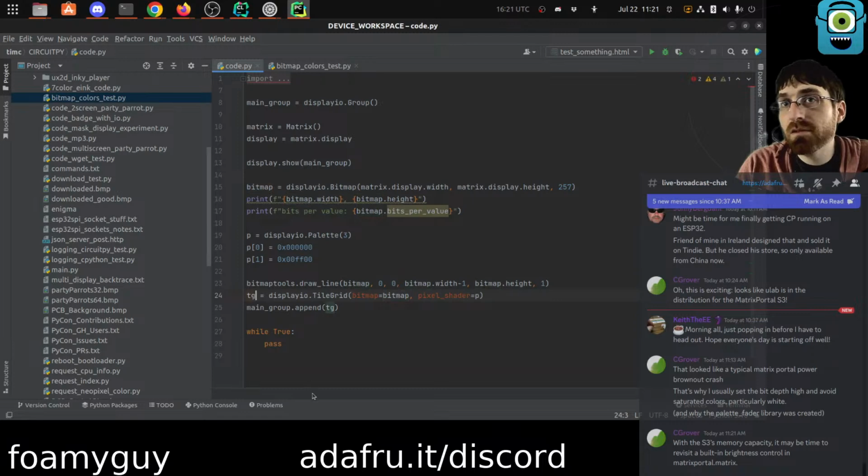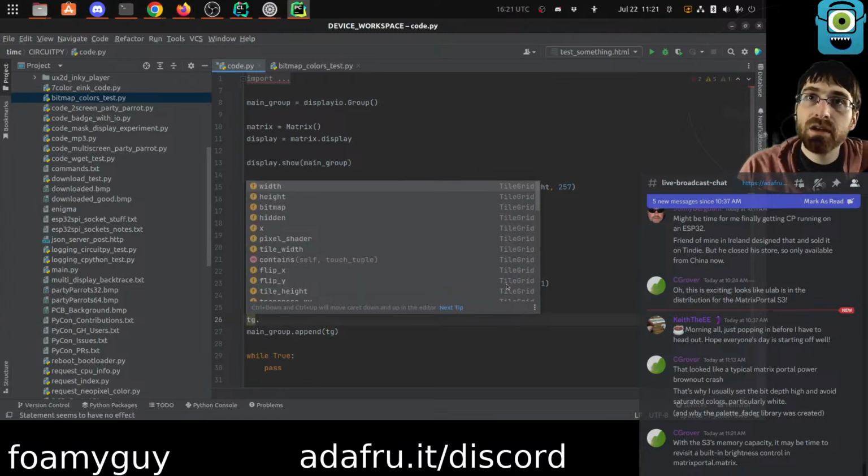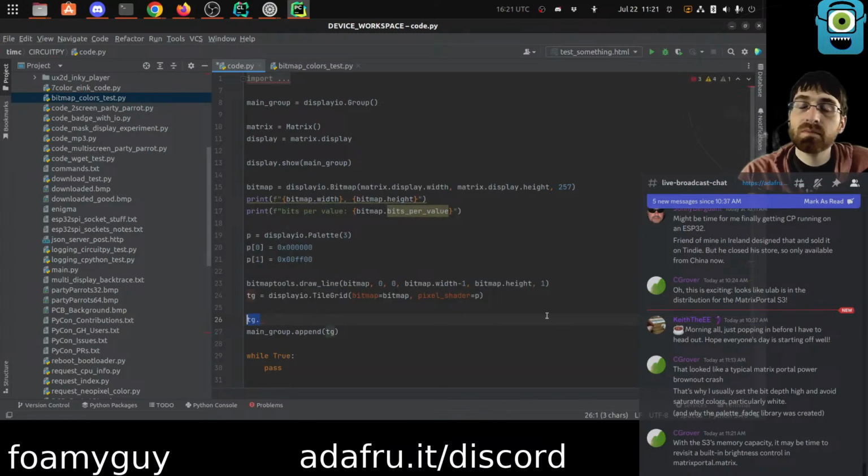The tile grid itself does have a width and a height, but the width and height are actually in the units of tiles, not pixels. So if you wanted the width and height in pixels, you need to multiply width times tile width and height times tile height. So in our case,